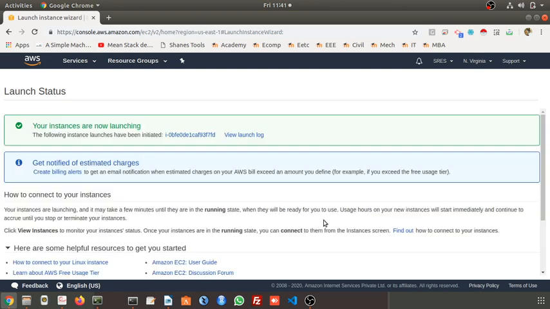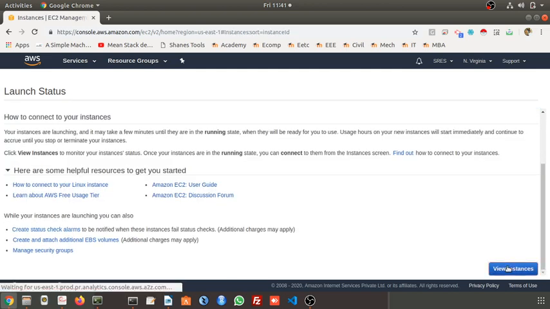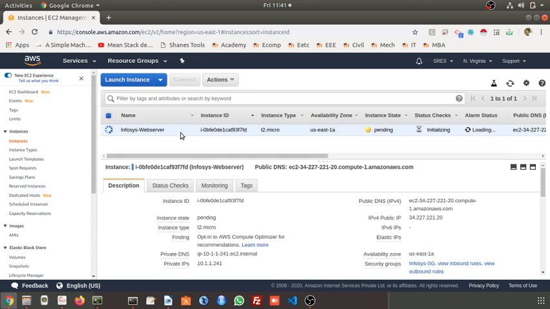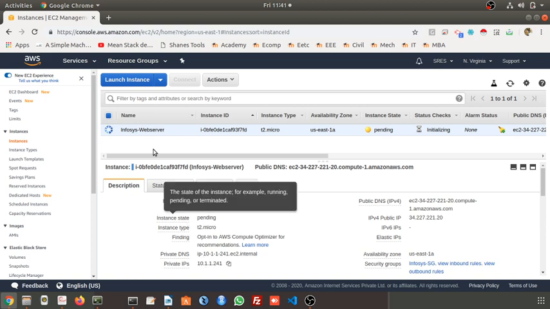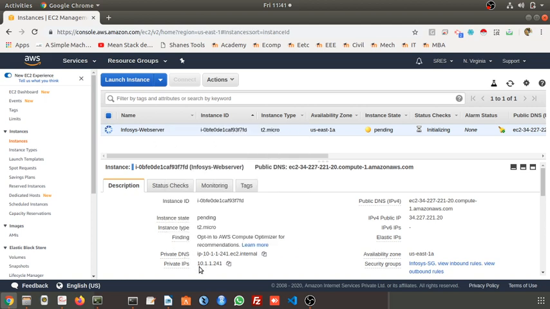So that is going to be launched. Now the Infosys web server is created. You can see its description here, where it is available and all. The IP address is attached. One private IP address is given to this web server. You can see the range here: 10.1.1.241. Why is it 10.1.1.241? Because the subnet IP address that we assigned is 10.1.1.0.